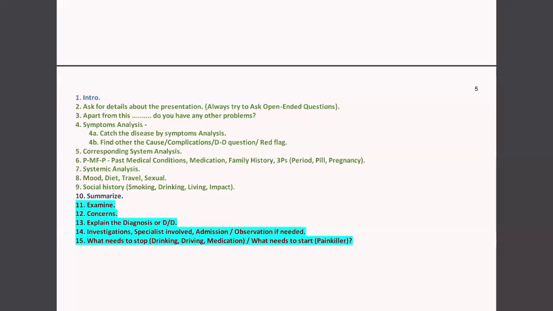And with the general part, we used to explore the rheumatological system as well, like any joint pain, rash, or change in the weight. For neurological symptom analysis, we tend to ask about the headache, any problem with vision, any dizziness on standing, any weakness in any body part, any tingling sensation, any numbness, any history of fits or loss of consciousness. For respiratory symptom, we tend to ask, we started with a broad question: do you have any chest